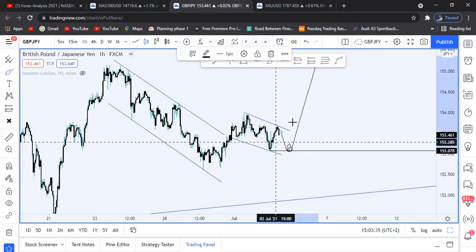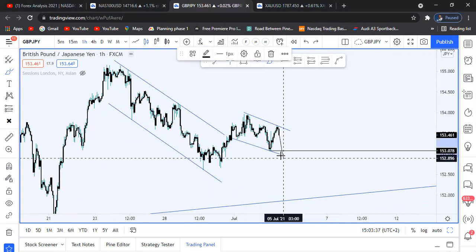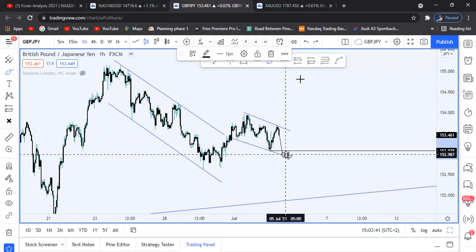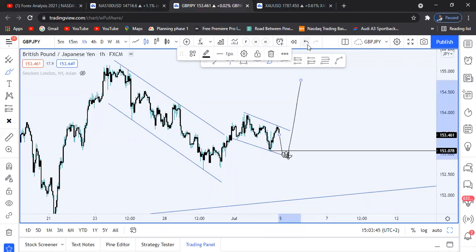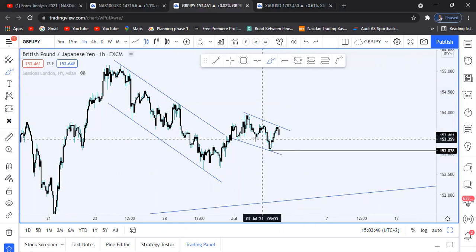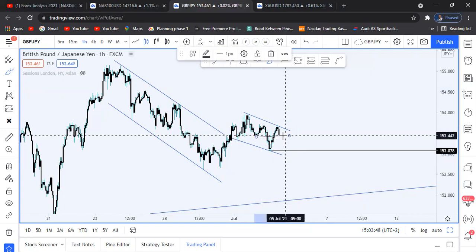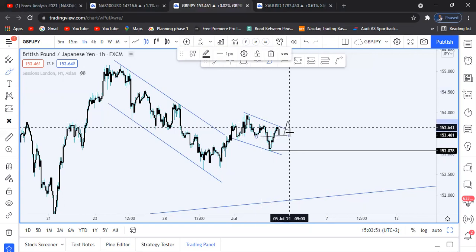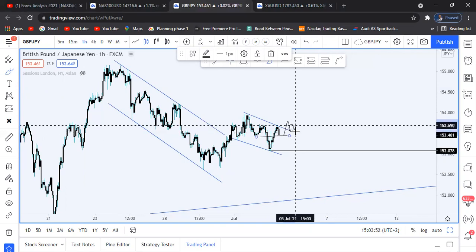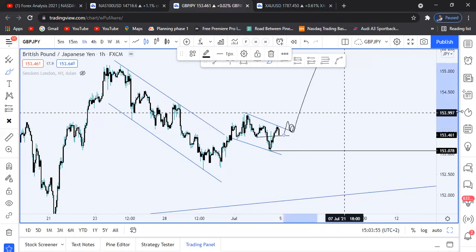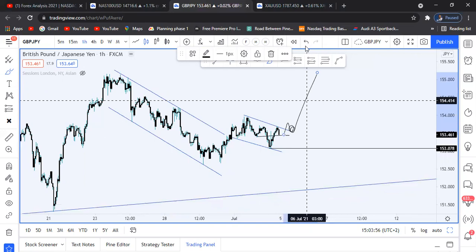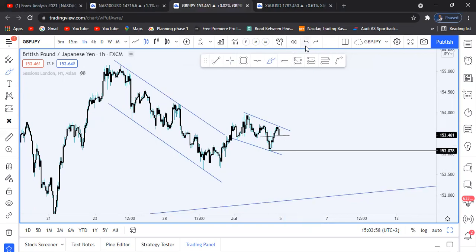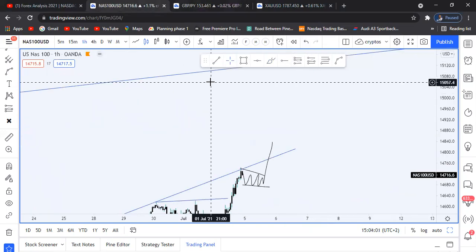Or we might see price coming forward for this triple touch, third touch, then push to the upside. Or otherwise, guys, we might see price respecting this area, creating an inverted head and shoulders pattern. And then once we see a break and a retest, that's when we're going to be looking to capitalize on this trade of GBPJPY. Super nice week that is coming.